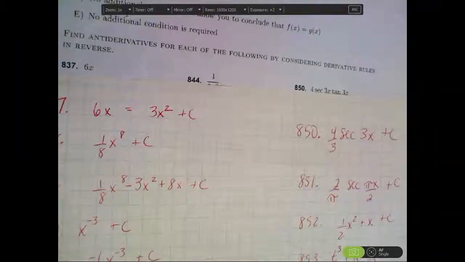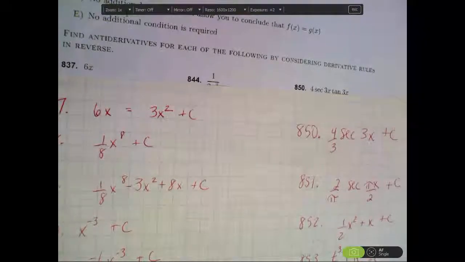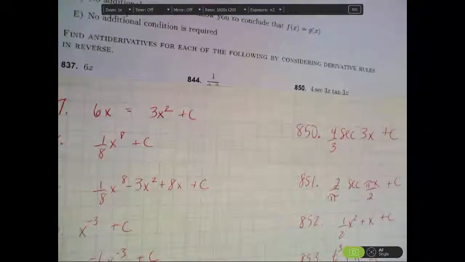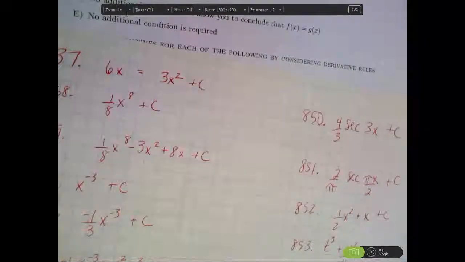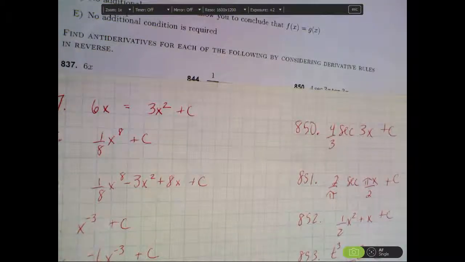So, the first one you had to do was 6x, and hopefully you see that the antiderivative of 6x is 3x squared plus c. Again, you always have to add the plus c because there are infinitely many functions whose derivative is 6x. 3x squared plus anything gives you a 6x, so you have to have that plus c there,